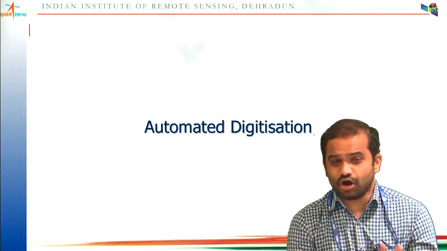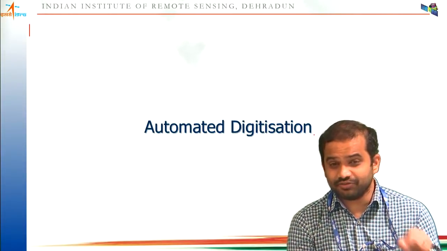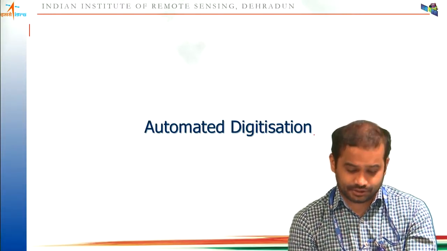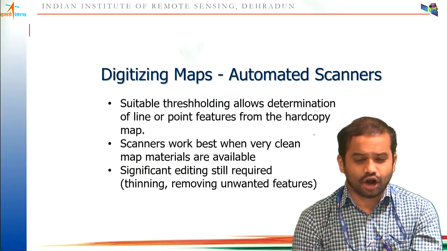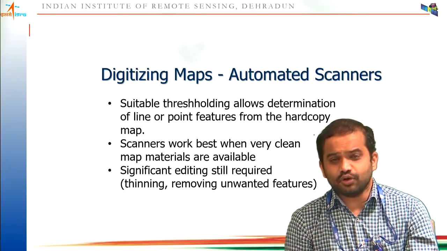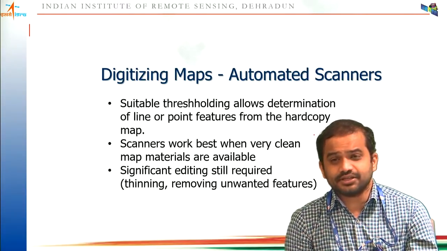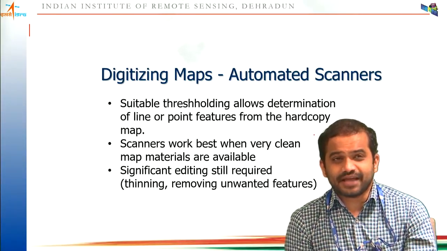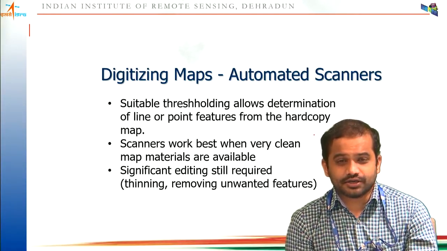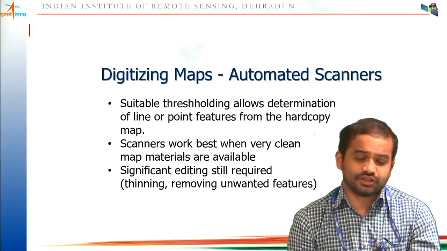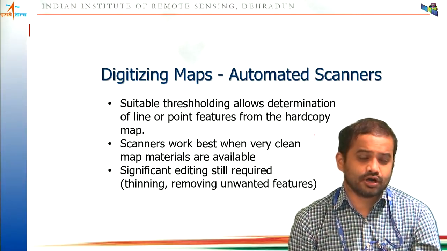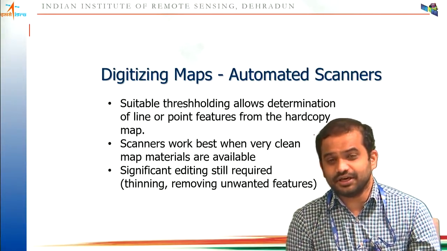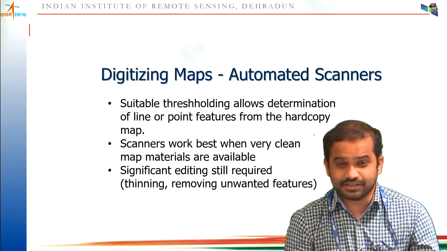Right? So far we saw manual digitization, where we are actually digitizing it. Now let's see how we can do automation. There are a lot of ways by which we can do automation. Like I was talking about satellite image, where you can classify that image into different classes, and based on the classes, there is a process which converts raster to vector. Automatically polygons can be created without the need to digitize when things are very simple.